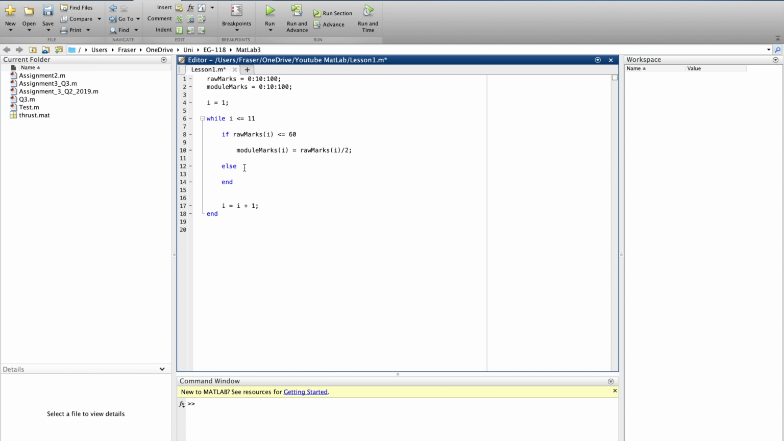So we want to have what's called an else if statement, which is literally else if. Again, this is another really common structure. This whole structure here is incredibly common. Every high level object oriented programming language will have this, as well as while loops. So else if raw marks,